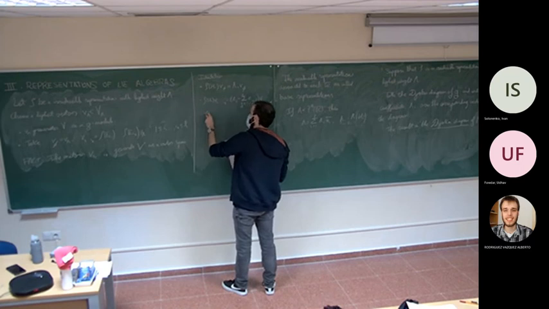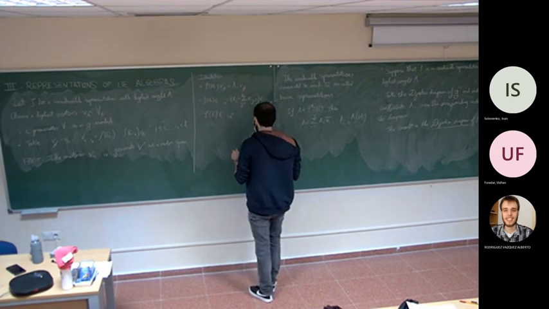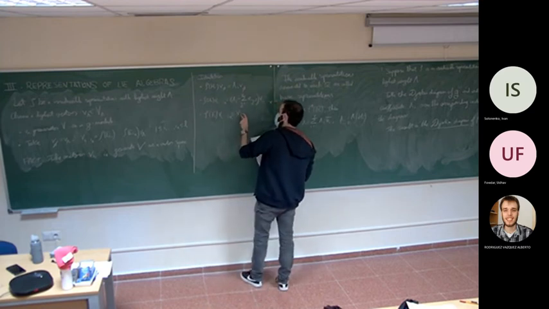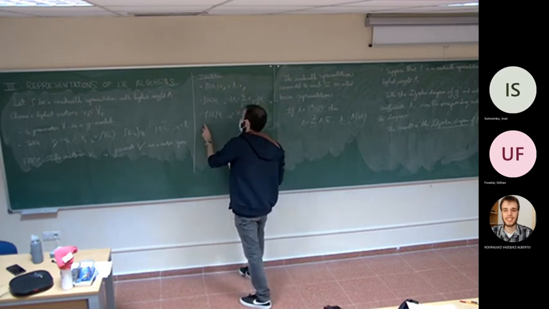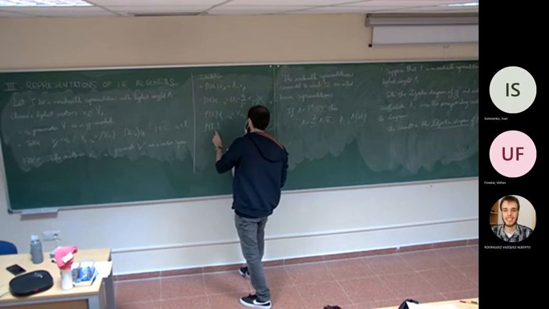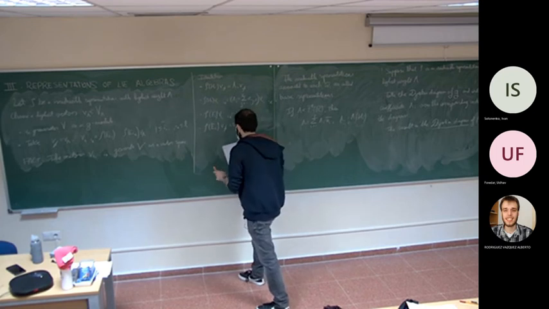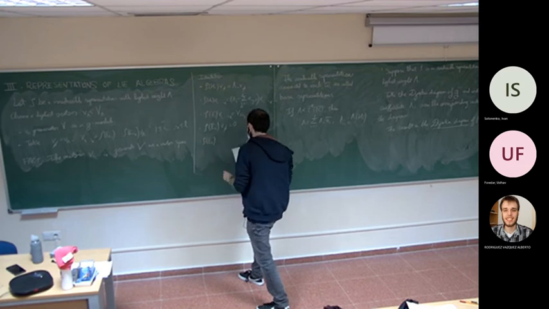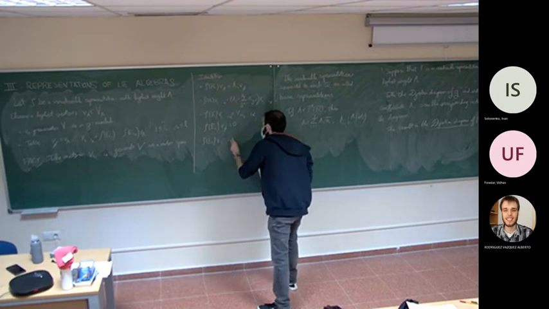Next, rho of f_i takes V_{i1...ik} into V_{i i1...ik}. Rho of e_i takes V empty set to 0. And finally, rho of e_i takes V_{i1...ik} into,